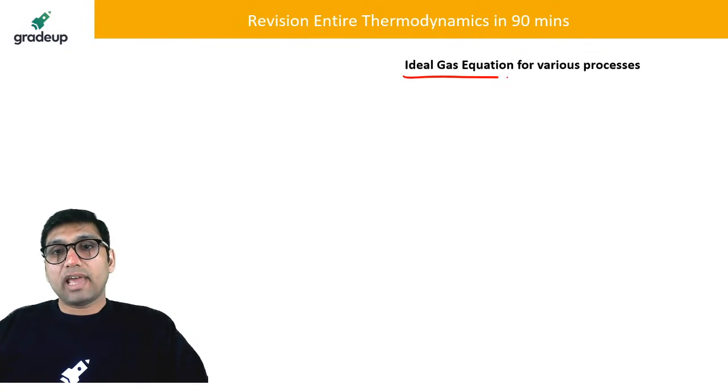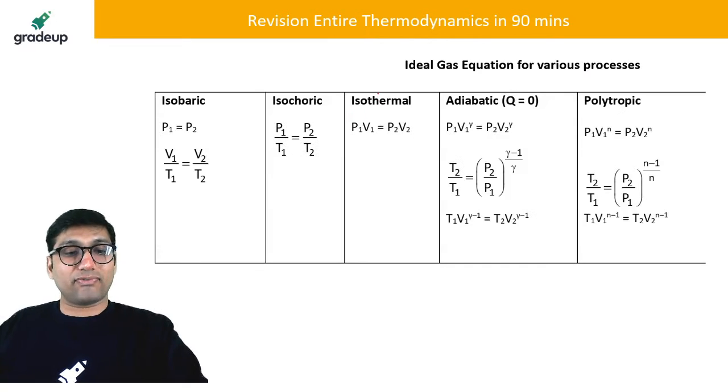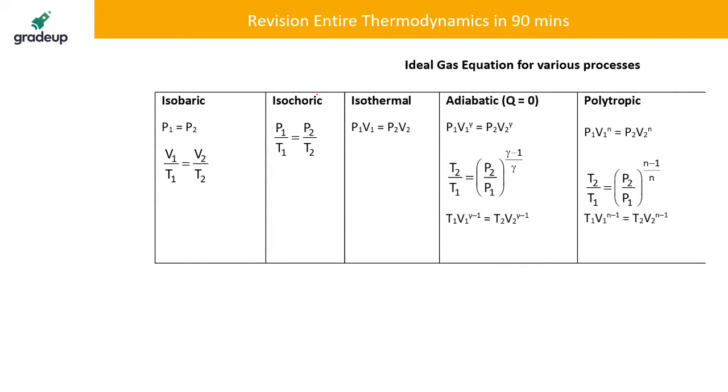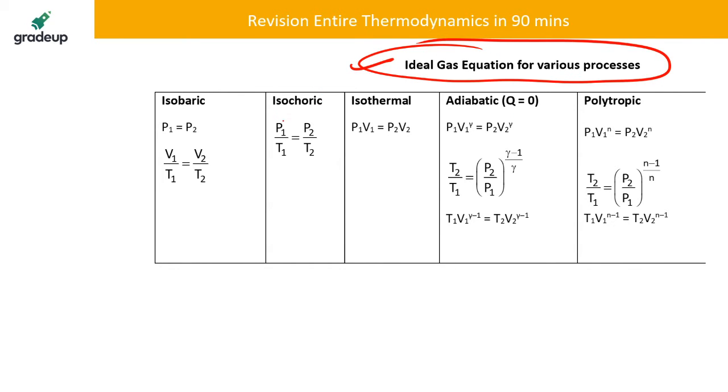Now we are going to study the ideal gas equation for various processes. This is a very important slide. Try to remember this. Although you will get a PDF of this, this table is very important: ideal gas equation for various processes. For example, for the isobaric process, the constant pressure process, as pressure is constant, let us say we have a system changing state from 1 to 2. The system is changing state from 1 to 2 for different processes. It can be an isobaric process, an isothermal process, or an isochoric process. So my dear students, for the isobaric process, volume is directly proportional to temperature. So if a system is changing state from 1 to 2, you can write this equation as,